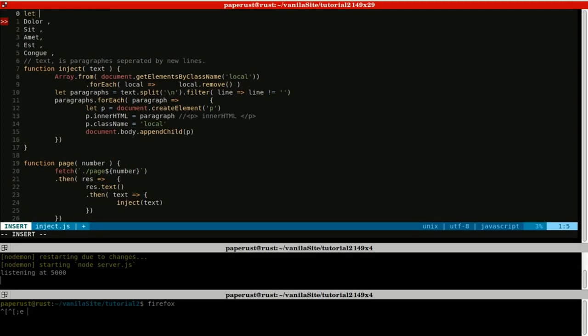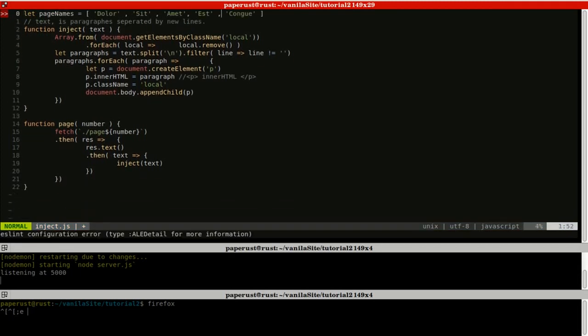Make an array. Let's call this array page names. Uncapitalize all of these ones. So yeah, we got an array here of page names, and we will need to go to the window now, which is the browser. Onload is a function that the browser is going to invoke once the page gets loaded. The name found in the URL is going to be window path name,